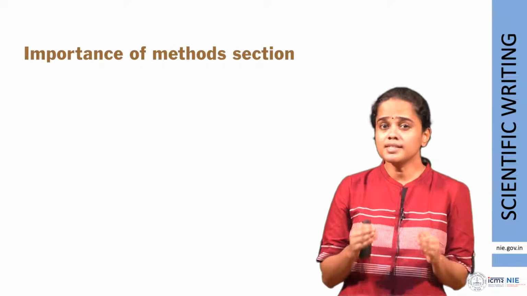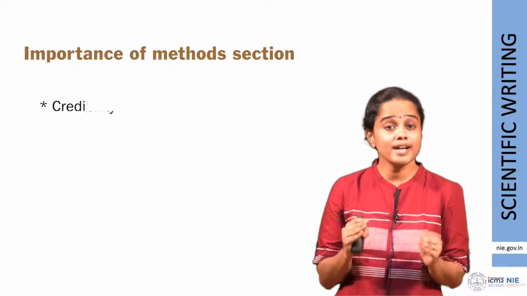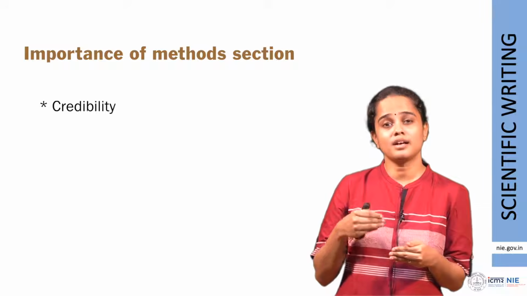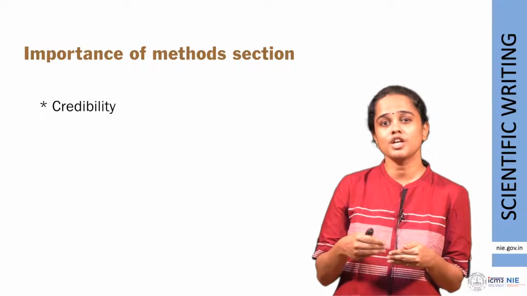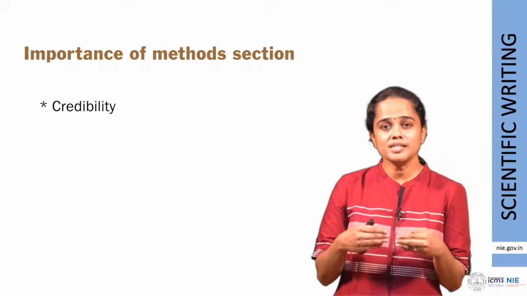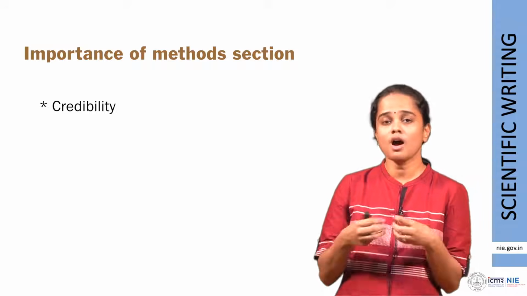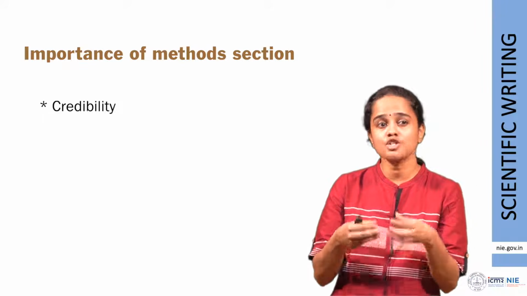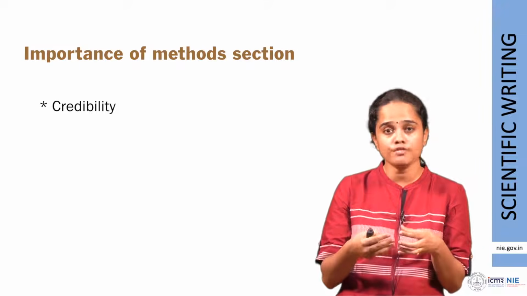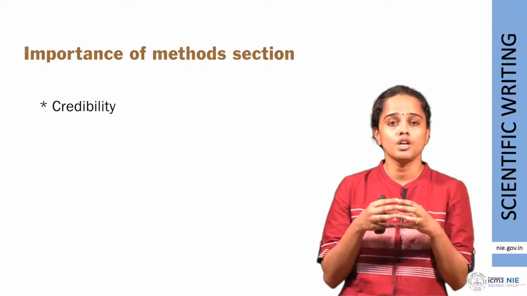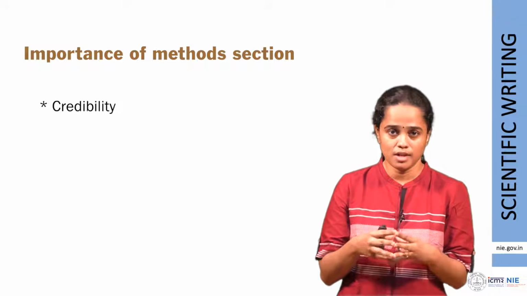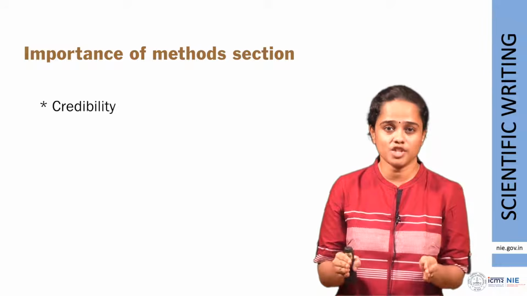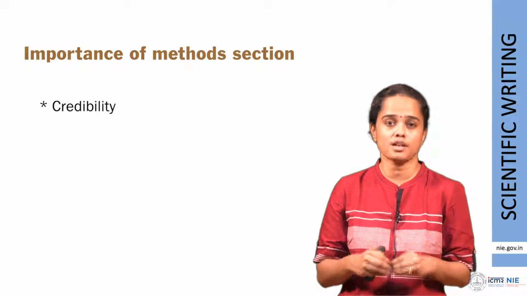The methods section is the one that adds credibility to your study, because a very clear and detailed specification of your methods means that you have clearly thought out how the study is going to play out, and by virtue of sharing it in your manuscript, it adds to the credibility and the confidence that you have in what your research methods have been. So a transparently and clearly written methods section adds to the credibility of your article.